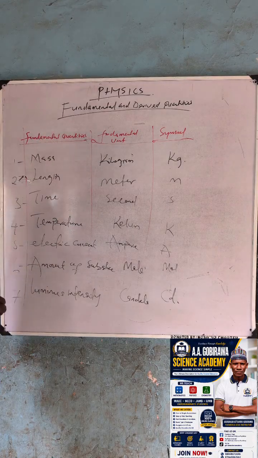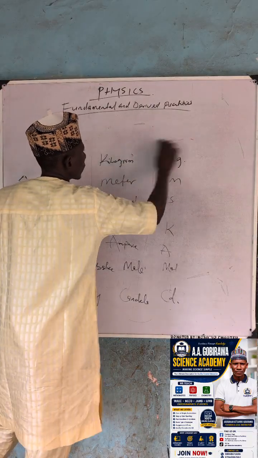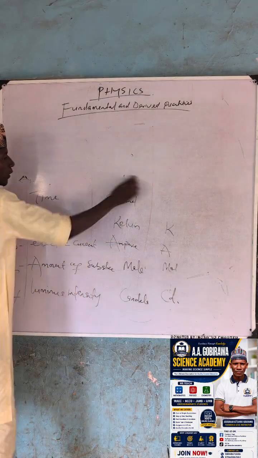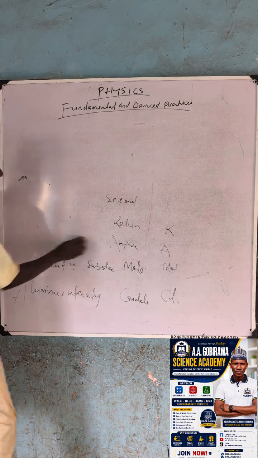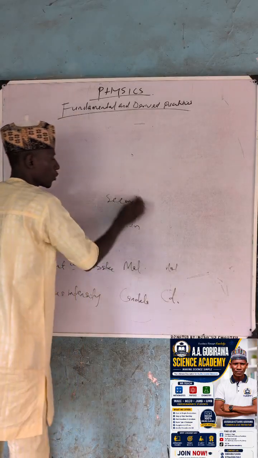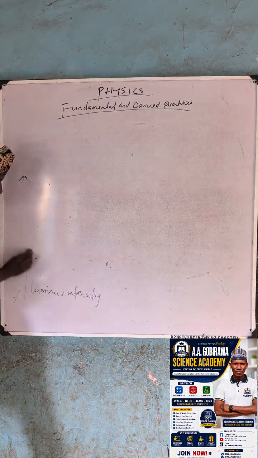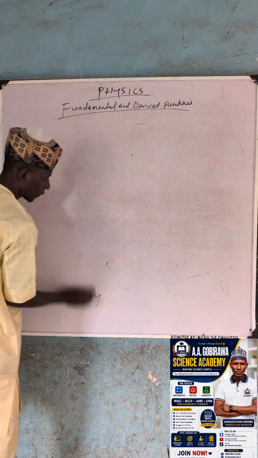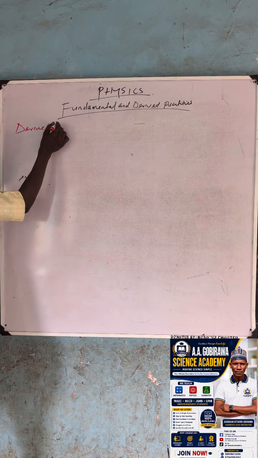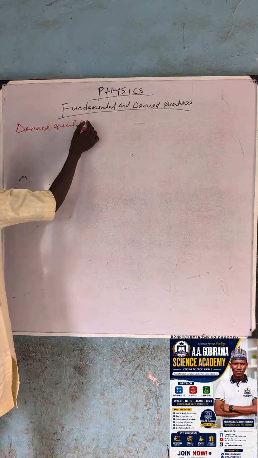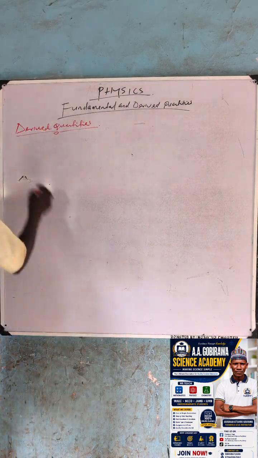So let us move to derived quantity. Derived quantities are quantities that are derived from fundamental quantities. Their derivation is by the combination of fundamental quantities, and from there we get our derived quantities. So derived quantities are quantities that are derived from fundamental quantities. We have area